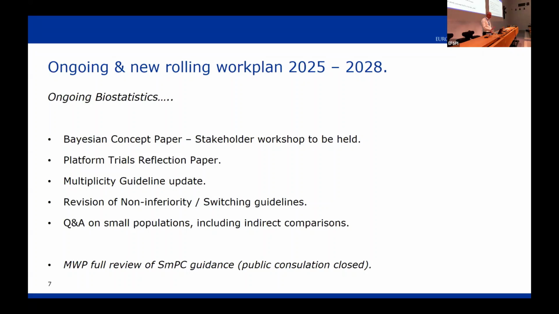A bit further, and I will come back to that in a minute, is our platform trials reflection paper. That's more advanced, as well as the multiplicity guideline, and not surprisingly, we see a connection between the two. So those two really are being co-developed because we think one of the key issues in platform trials is how do we want to think about multiplicity issues. So the idea is that that's covered in the platform trials for that part, but then the multiplicity guideline should certainly not conflict, but actually treat a different problem than the problem in platform trials.